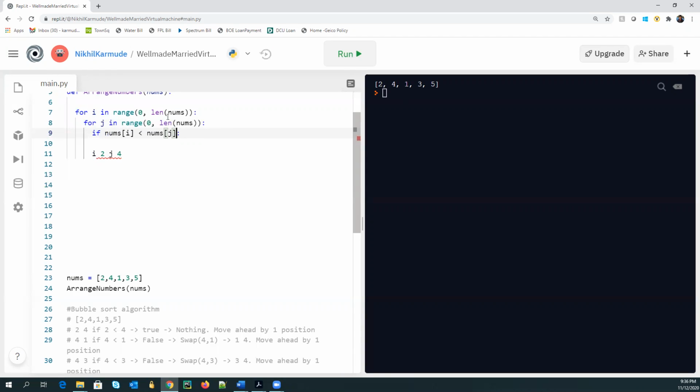Because if you remember, whenever we are using this range, it is usually referencing the indexes of your list and not the actual number. So in order to get the actual number, what we use is nums of that index. So my index was 0, so nums of 0 would be 2. So that's what this 2 is. So now here we are comparing the two numbers. Nums of i is less than j, and if it is less than j,